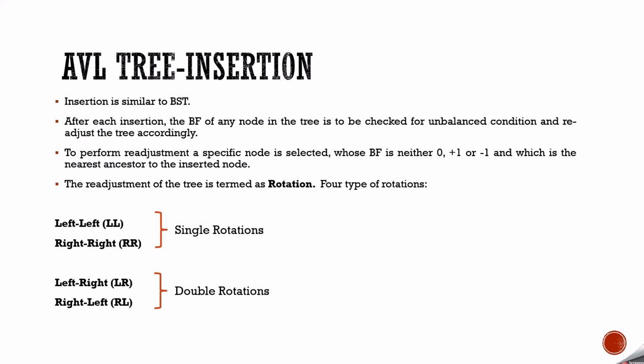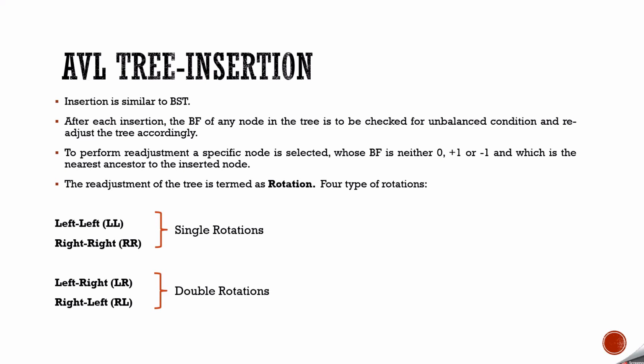As I have said in the last slide, that is if the balancing factor of that node is neither 0, +1, nor -1. The process of adjustment is normally called rotation. There are 4 situations where we have to do some rotations: one is called left-left, one is called right-right, one is called left-right, and one is called right-left. These are also called left-left rotation, right-right rotation, left-right rotation, right-left rotation, or LL, RR, LR, RL. These are the popular ways you can define all the rotations.